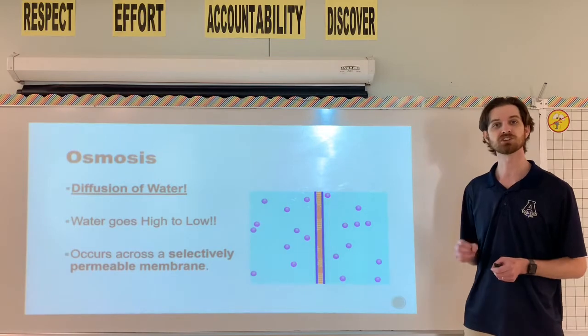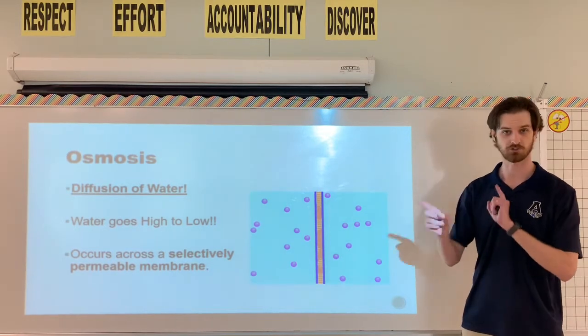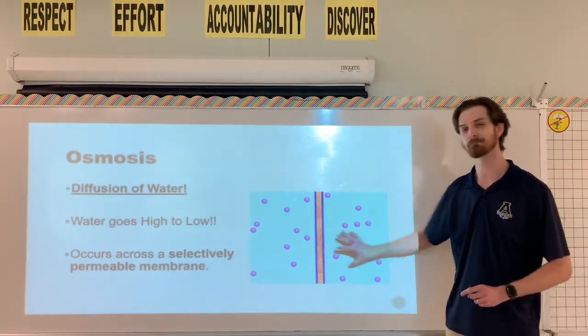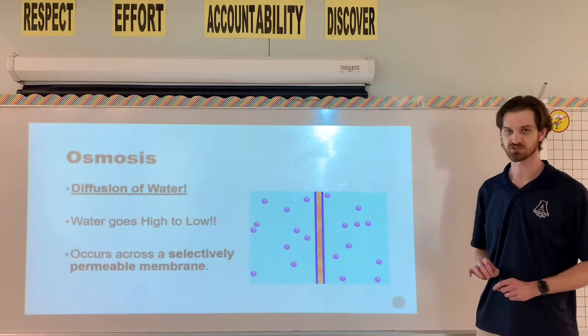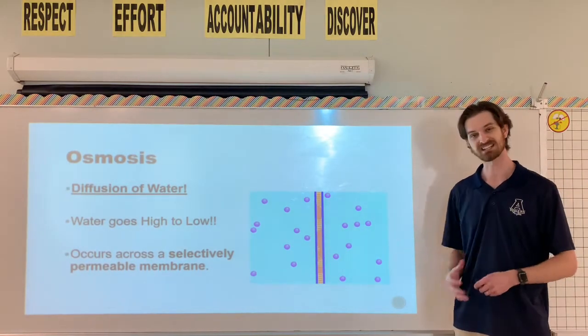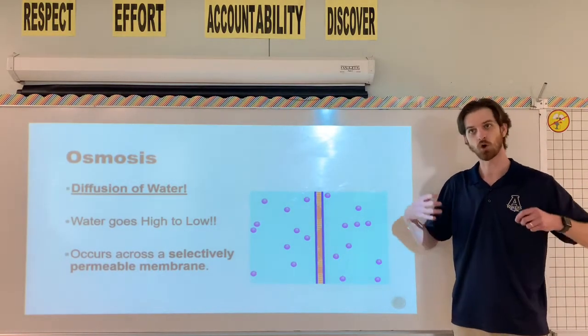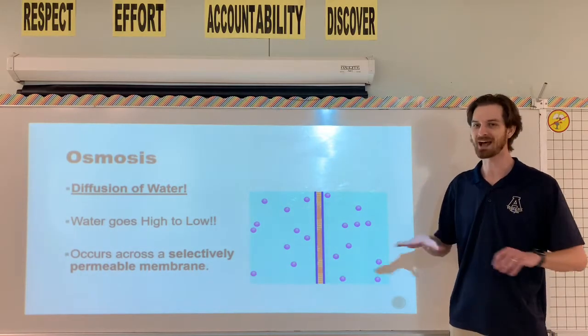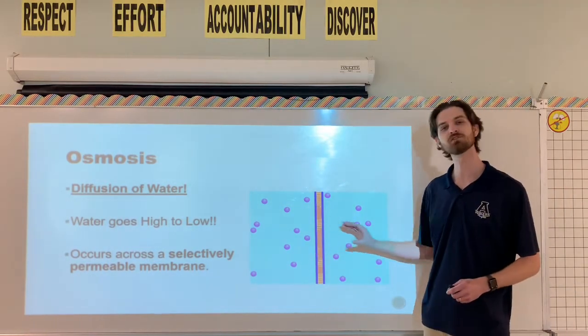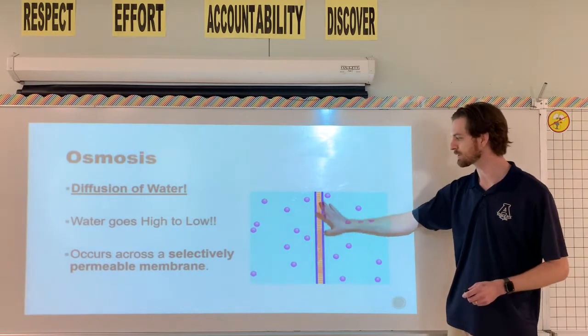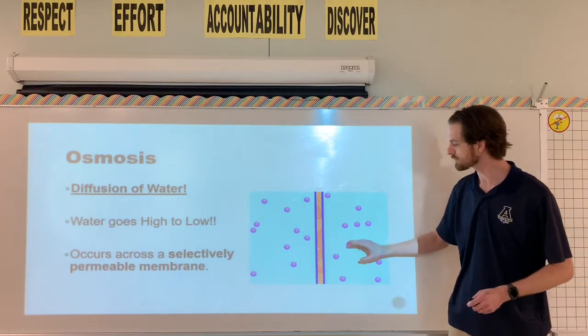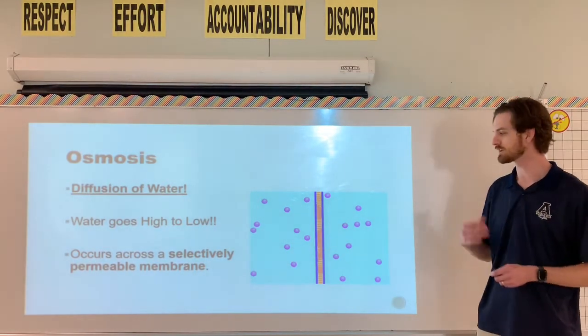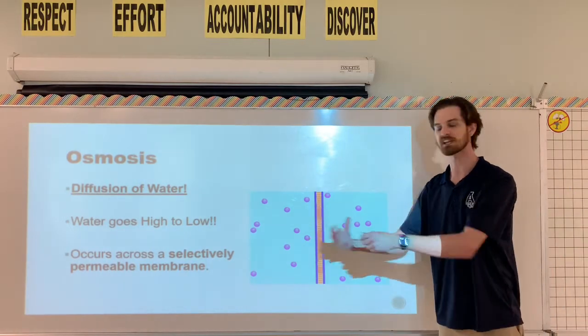Water is one of the few materials that is allowed to just go in and out whenever it wants to, so that way it can try to balance itself on either side. So it does help the cell maintain what's called homeostasis, or balance, because it's going to equally move across that selectively permeable membrane. Some other particles might not be able to move across, so therefore they're not able to permeate or get across